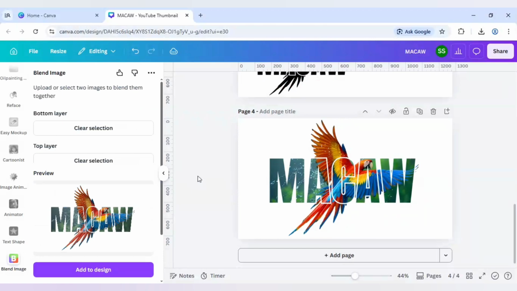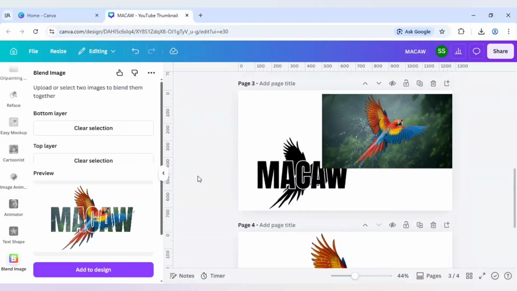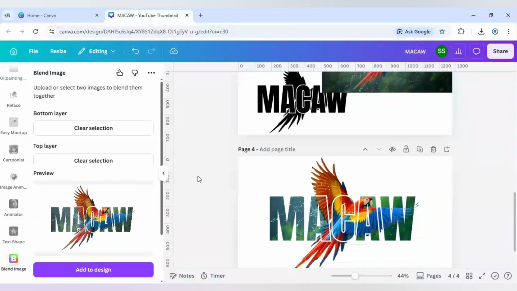And our image is ready, and you can also follow the same process. And if you want to learn how to make 3D animation in Canva, you can just check this video out here,